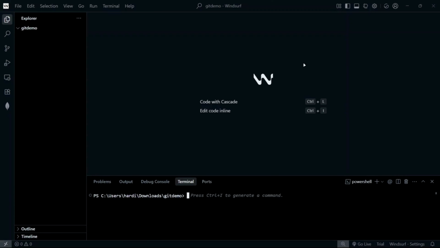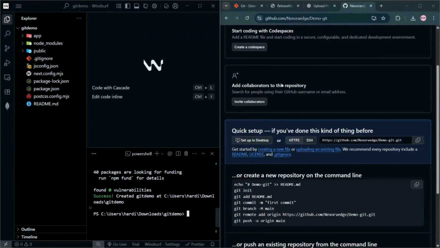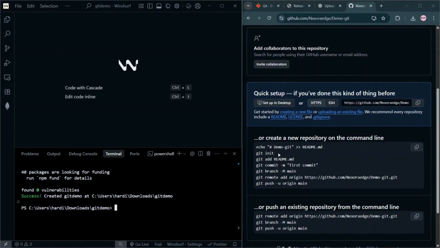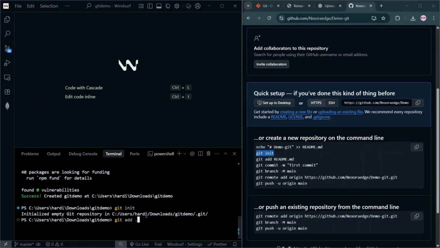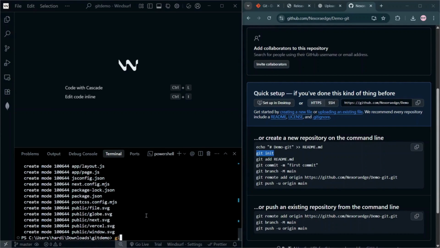Now let's upload the project in a professional way with the GitHub terminal. Let's create a Next.js app as an example, but this works with any app. Now open your browser side by side with the terminal and write all these terminal commands. git init initializes Git tracking for your project, and then git add . adds all your current files to staging, and then git commit -m with your message like initial commit saves the current version with a message. git branch -m main renames the current branch to main so that we upload our project in the main branch.